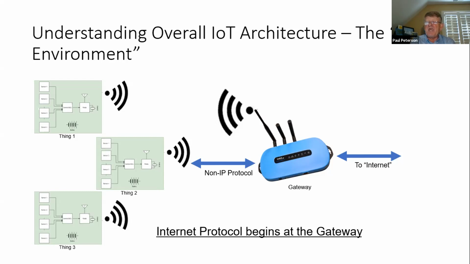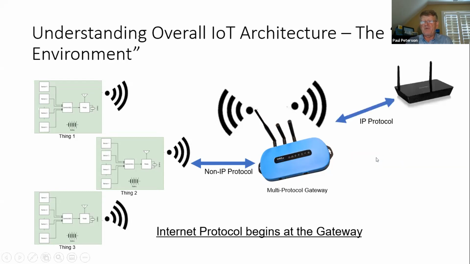So then we have a concept of a gateway. It's not necessarily an access point, but the gateway is our on-ramp, where the Internet Protocol begins. So we go from the sensor, with all of this raw data coming in, which is then transmitted wirelessly in a non-IP protocol to the gateway, and that gateway in some form or fashion is tied to the Internet. It could be wired, like with a standard Ethernet cable, or it can interface to an access point using IP protocol. Or, in many of the gateways we get involved with today, we also have cellular options. And that's the other part we're going to spend time on today: cellular implementations.